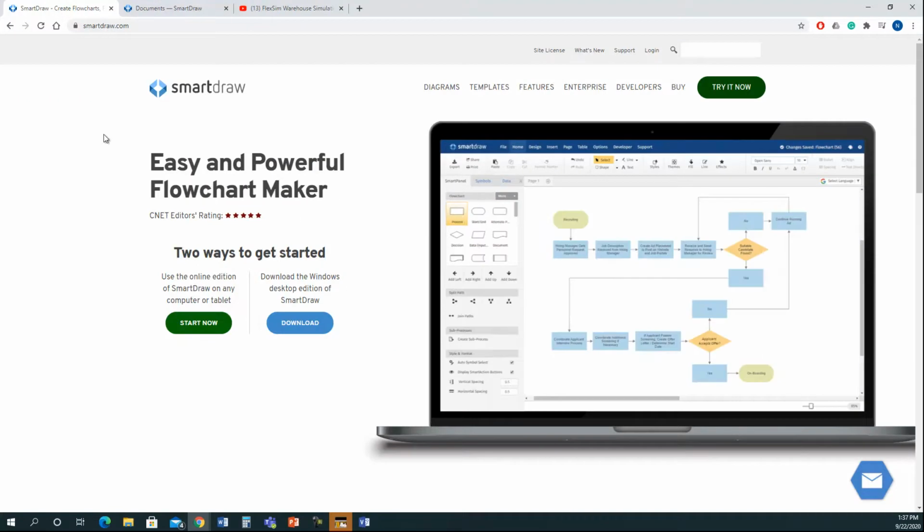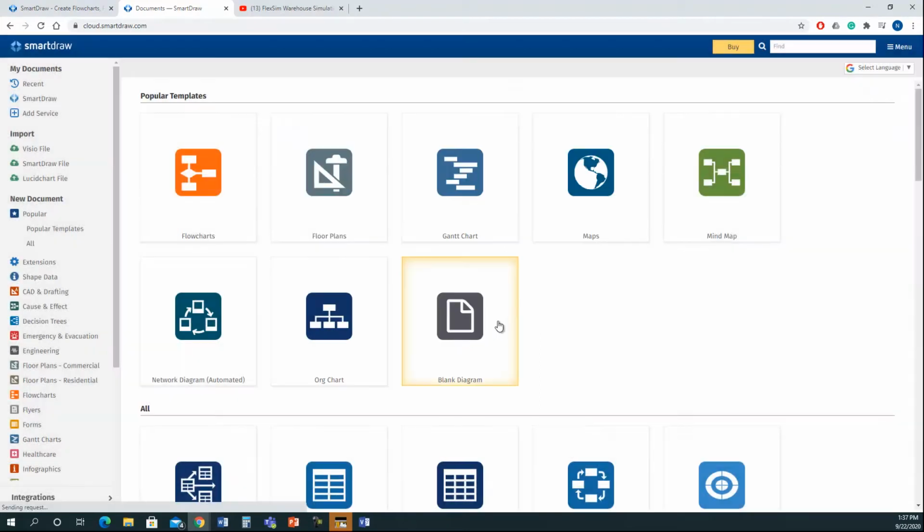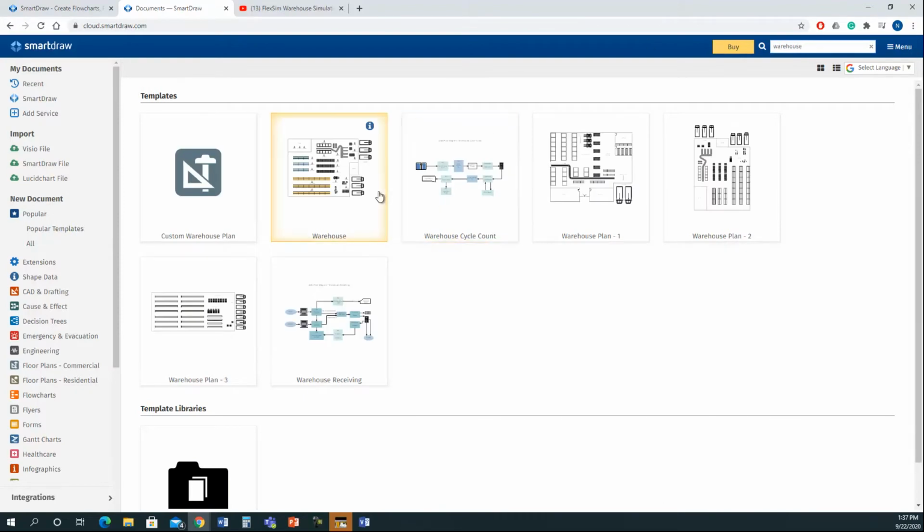search on Smart Draw, and then you can say start now. When you start now, you can register, and that will take you to this one, which you can click on continue with a trial, and that will give you 7 days. So continue with the trial version, and then you can search for a warehouse design. So you can just type warehouse, and that will give you different layouts for the warehouse. We have this one, we have this one, we have this one, so you can select any of these designs